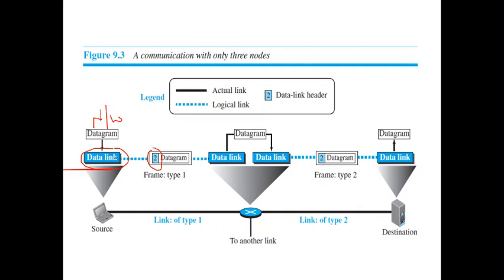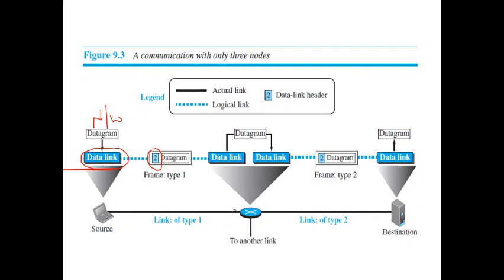Obviously this data link layer will be sending this datagram, or we call it a frame, after adding the header and trailer. We call the data in the data link layer a frame. That will be delivered to the physical layer of the sender, and that physical layer will be transferring it to the next device. We'll keep that aside for now and discuss only the data link layer. So the data link layer will be forwarding the data to the next device through the physical layer.